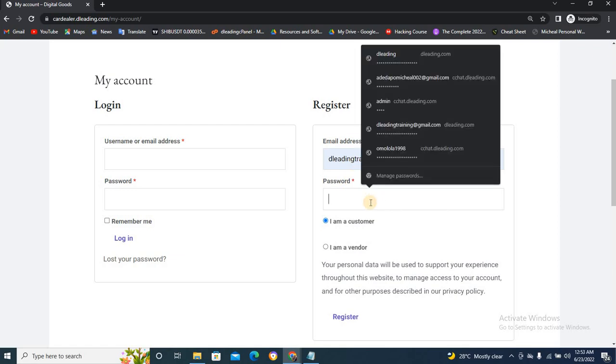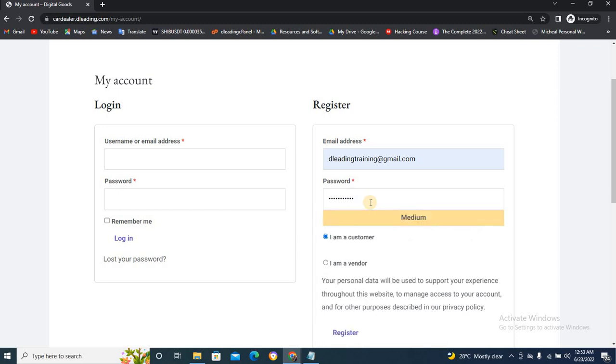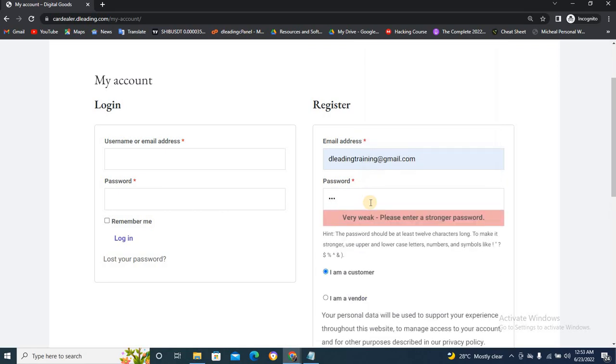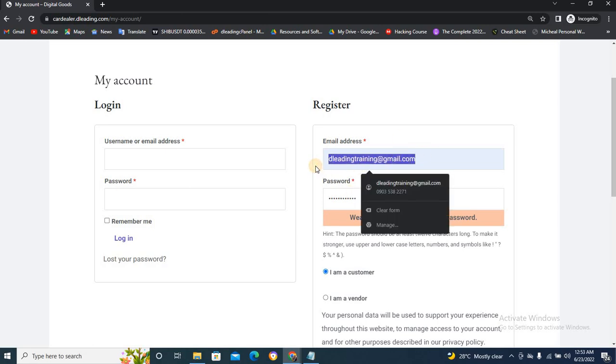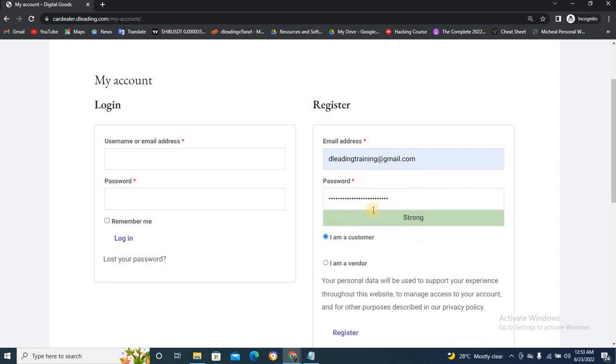What can I use here? Let me use this. See, let me copy this and use it. Now it's strong. Now, do you want to register as a customer or as a